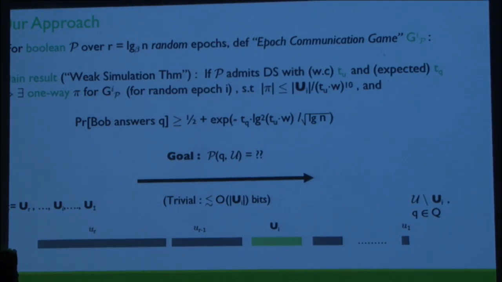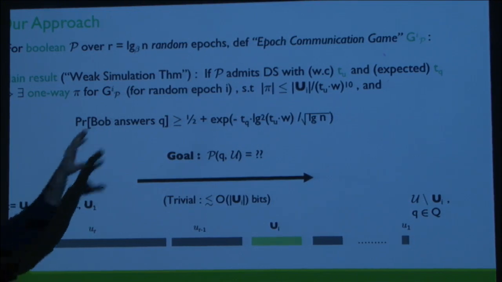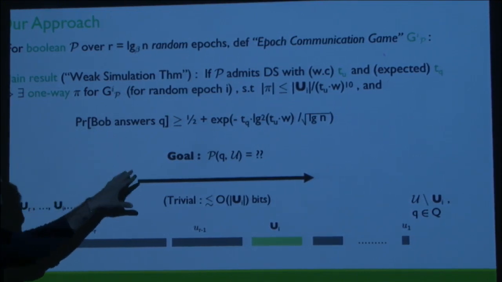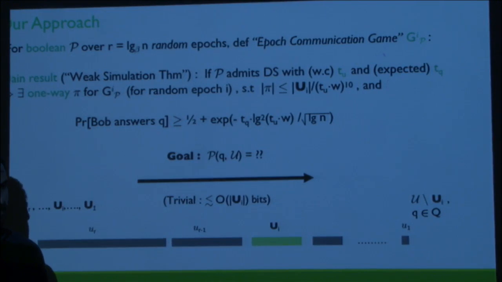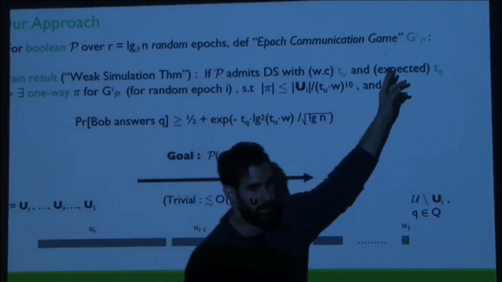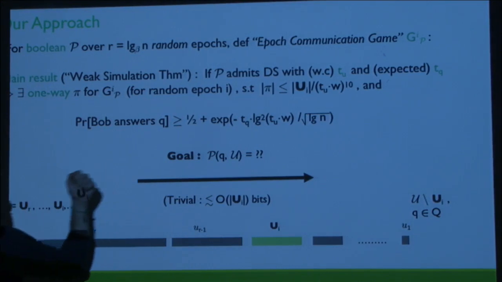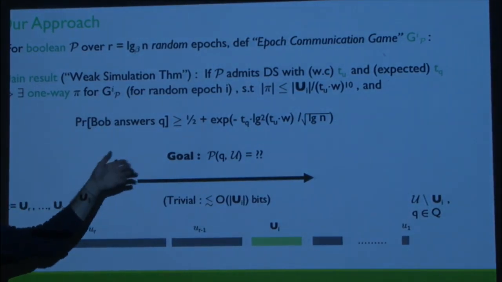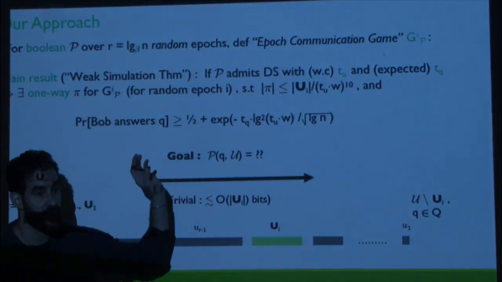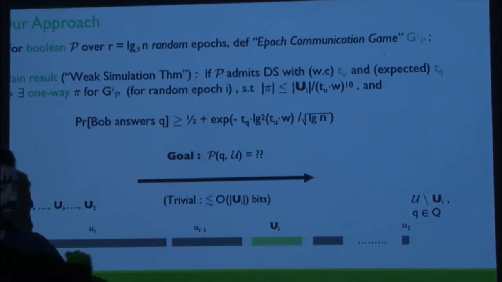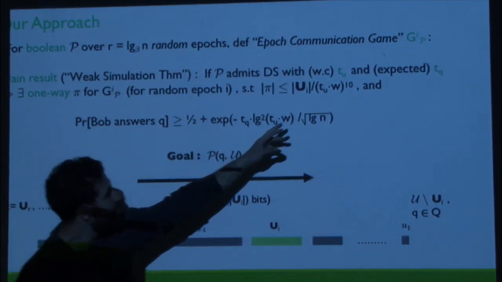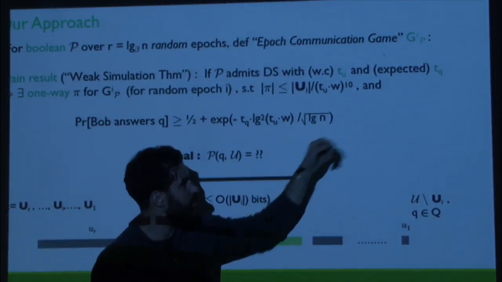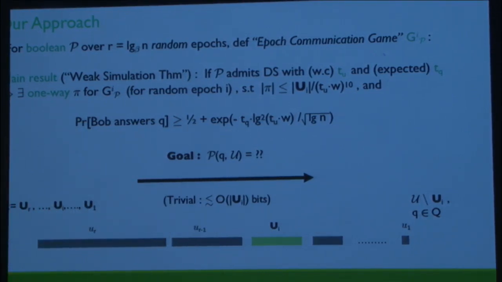But actually, we are fine with even a tiny advantage over random guessing. By the way, this communication problem is defined for any Boolean data structure problem. So for any Boolean data structure problem P, our main result is a kind of weak simulation theorem that says that if you have a too good to be true data structure for this arbitrary Boolean dynamic problem on n updates, that has update time tu and query time tq,